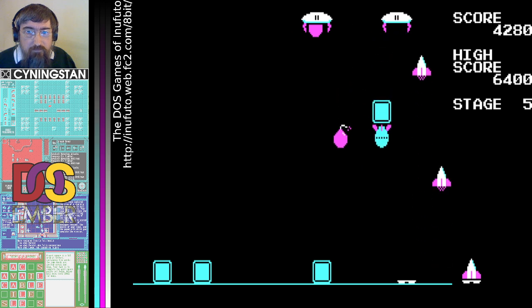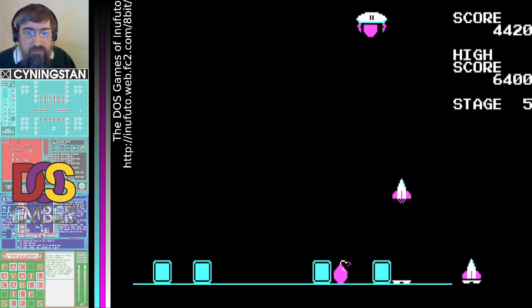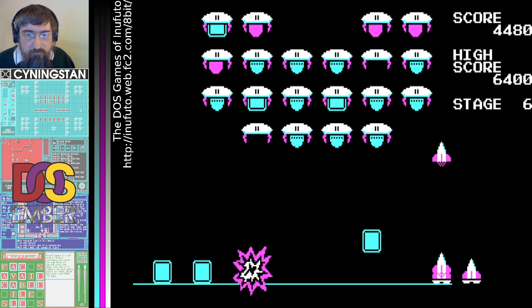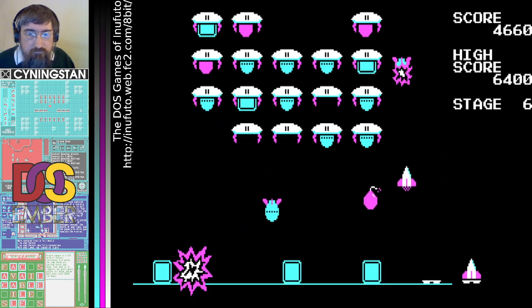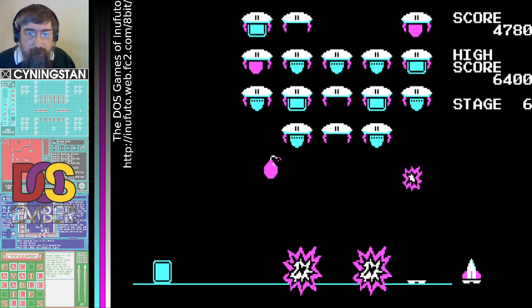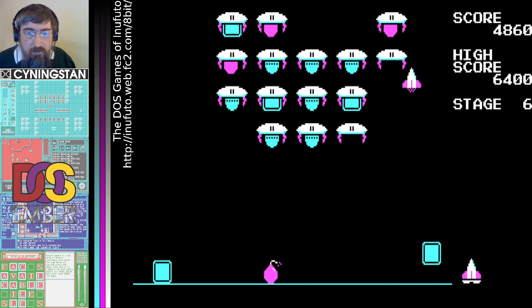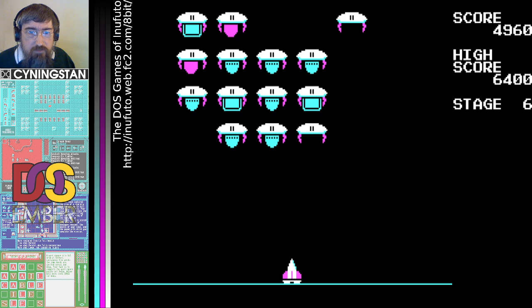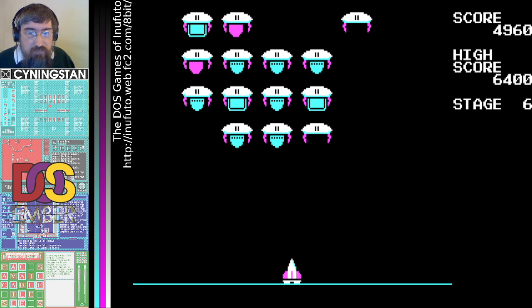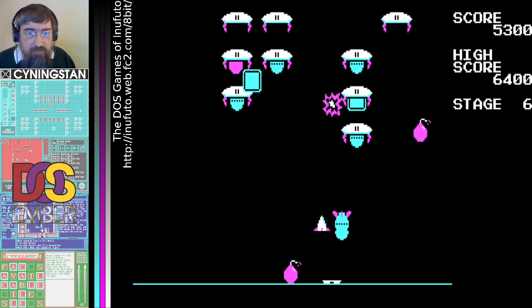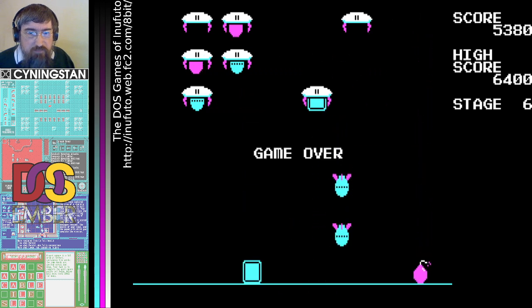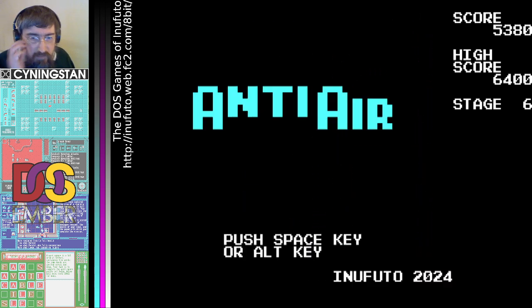I feel that the end is nigh for me, especially since I've just trapped myself in there. Alright, let it blow that up for me. Oh, and then another ice block falls. I like the idea though of taking existing games like, you know, it looks like a straight Space Invaders game at first, but then mixing it up with things like the ice blocks. Okay, that's game over, so that's the second of 16.